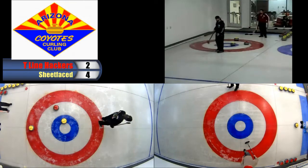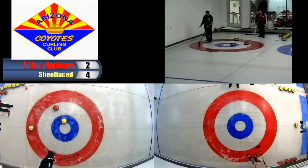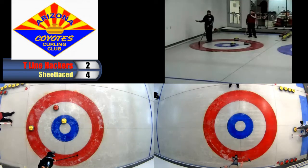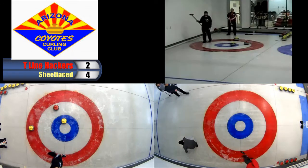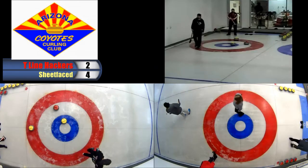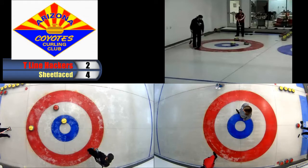But if you're Tom Morelli, you're looking for a miss here or something that's maybe not quite on the center line that leaves that great draw that Ashley just called there exposed for a hit. Because as it stands right now, they can trade shots, and with their last shot, Jason Halleck would probably try to hit that red out and take 3, which would obviously be real tough for Tom Morelli and the T-line hackers to come back from. So stone's away here, looking for probably a 2-3 here, which is